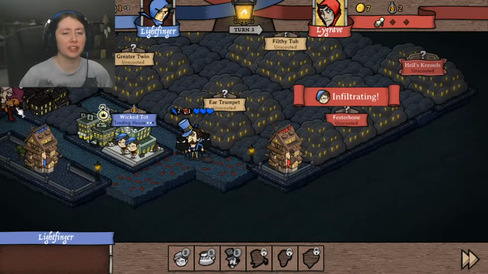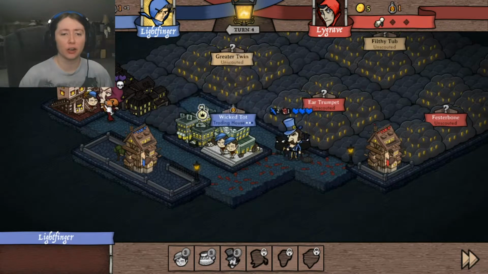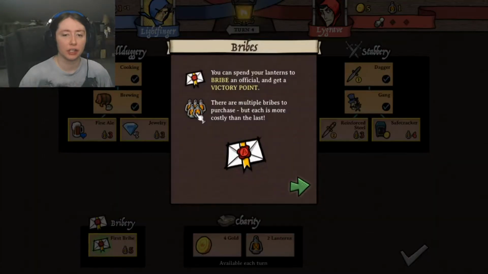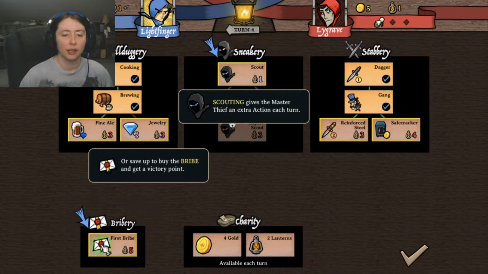Oh, there we go. We got a new assassination contract right over here. So, let's see. It might be best if we tried taking her out. Unfortunately, I can only attack 1 per turn. Same with the gang. So, other ways that you can go through this. If you look at this, you can bribe officials. Unfortunately, I don't have enough at the moment for that. I need more